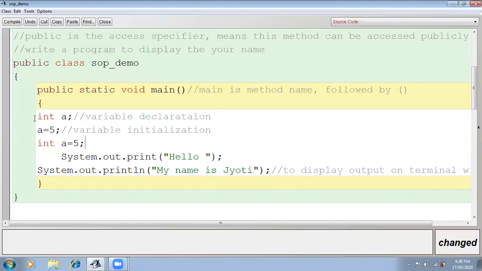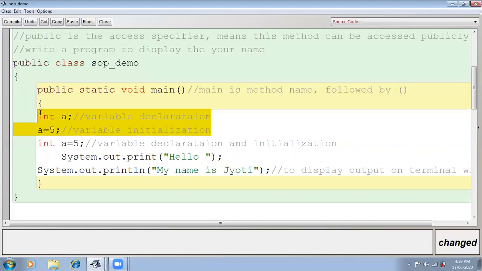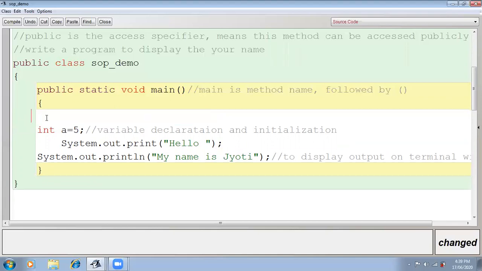It means variable declaration and initialization in the same line. That I can do. Every time no need to give this type of comment; I'm giving this to make you understand. Okay, now what is the meaning of this statement?